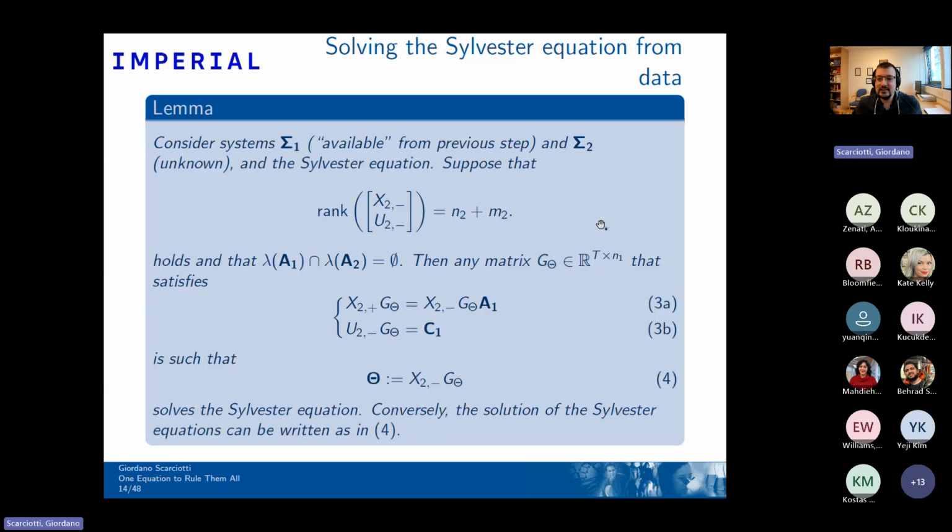And so this is the first result, which is how we can compute the solution of the Sylvester equation from data. The framework is essentially the framework initiated by De Persis' thesis, in which we transform our control problem into an optimization problem. Let's try to explain this result. Here we have our system sigma 1 and sigma 2, and the assumption is that we do not know sigma 2, we just have data, while